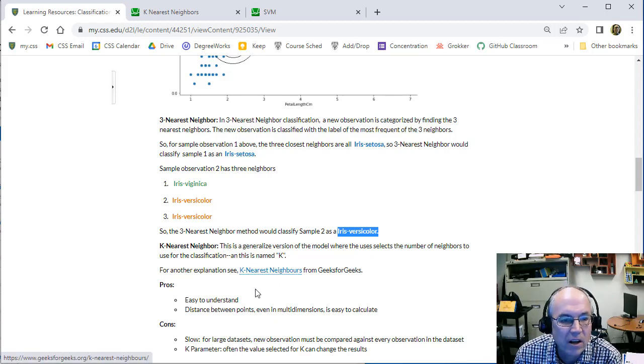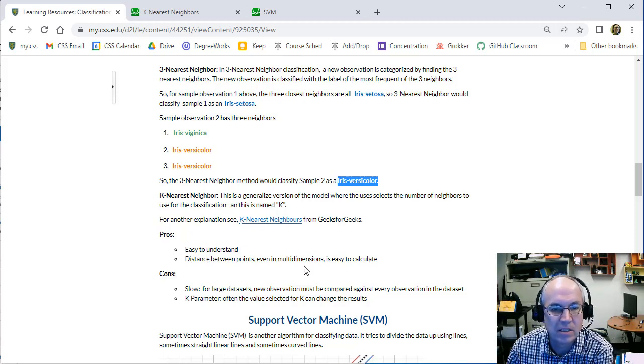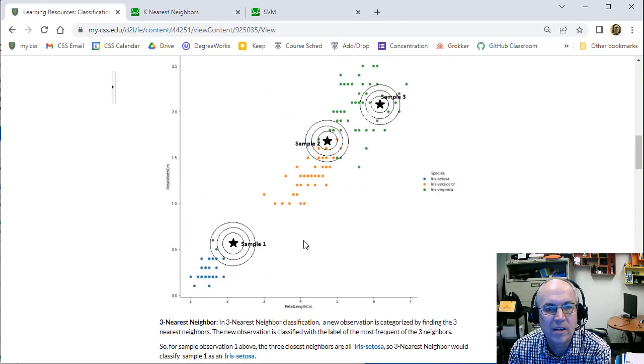So there's another article that links in here. One thing that's nice about this is it's pretty easy to understand, and it's quick to calculate the distance between points, and we can do this in multiple dimensions. Here we're just doing it in 2 dimensions so we can visualize it, but this generalizes to any number of features we want. One problem is that it is slow for large data sets, because every time we get in a